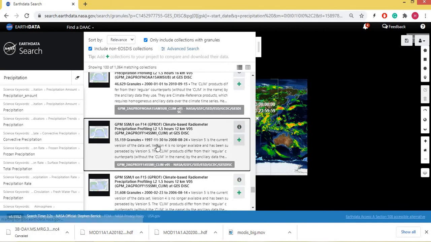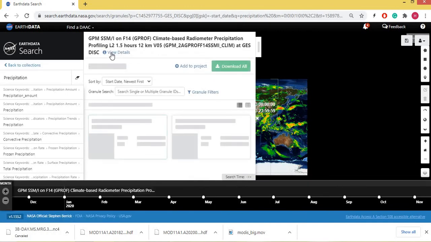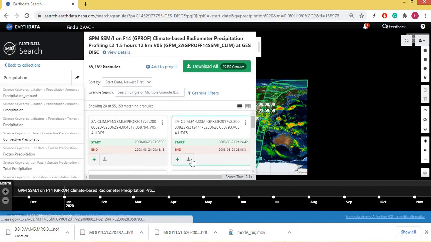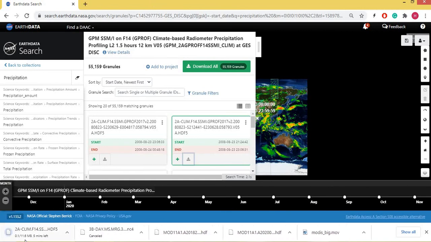And there are other products like this one, GPM SSMI. This data is available in HDF5 format. Both HDF and HDF5 formats can be downloaded and processed. If we want to download this version, we can click here and the data can be downloaded. Like this one, each image is of 11.6 MB.